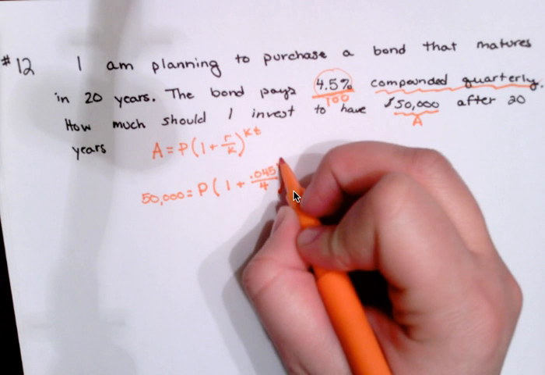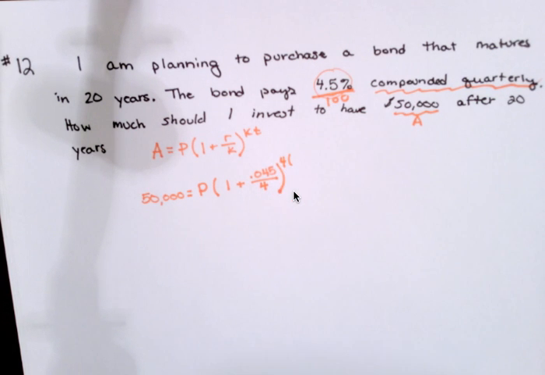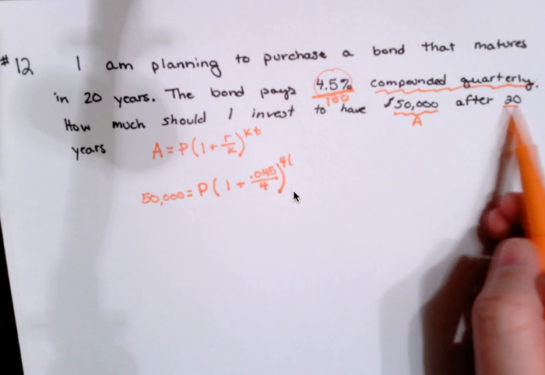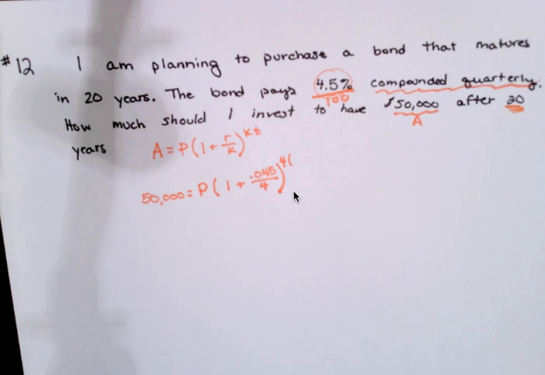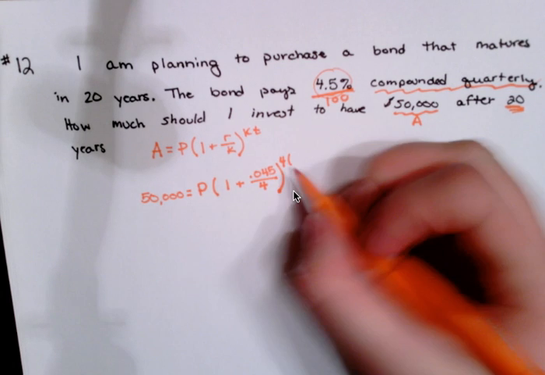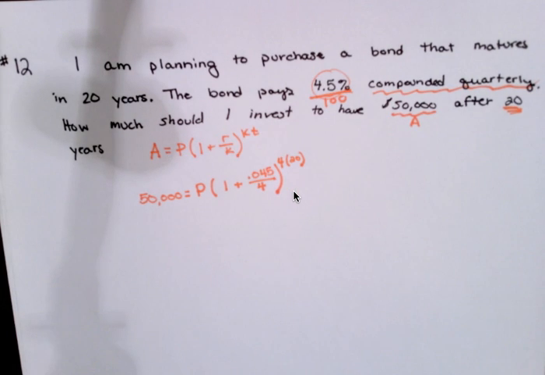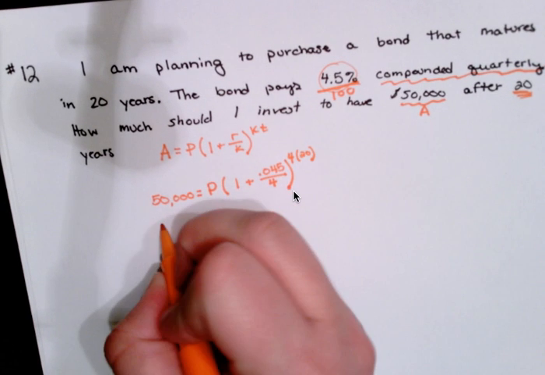And then to the 4 times T. Well, T stands for years, and it says this bond matures after 20 years. That means in 20 years, it's done. You quit getting interest on it, so you'll put in 20 for T. So then we could simplify a bunch of this. If we simplify this, this is 50,000